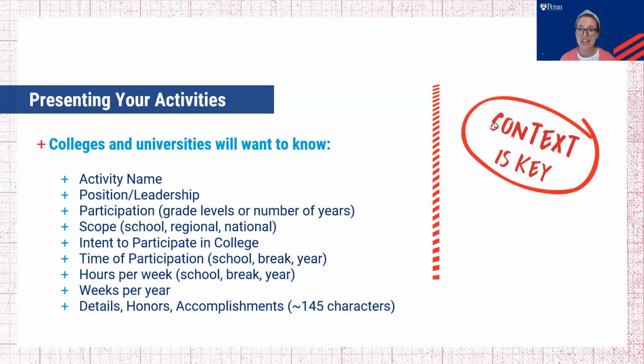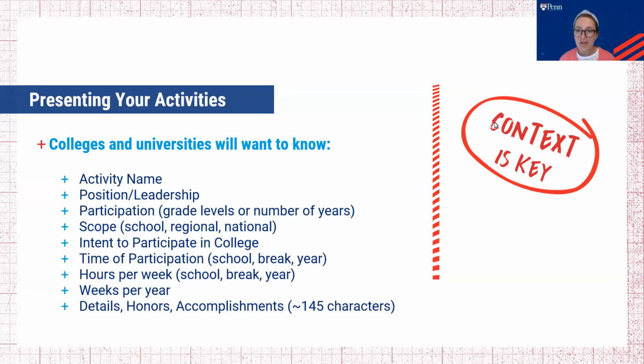So on both the Common Application and the Coalition application, there is an activities section, which has some of these prompts that you'll see on the screen here. And as you're filling that out, you might find that some of the activities you're involved with don't fit quite neatly into those different prompts. And so you'd love to include an expanded resume. And you absolutely can do that. In fact, we would encourage you to do so if you feel that better reflects your activities. However, what you don't want to do is just submit a resume and not fill out that section of the application. Again, that's the part of putting your best foot forward and trying to give us as much information as possible.